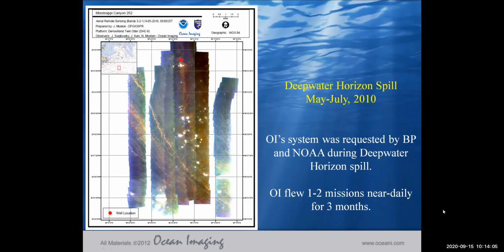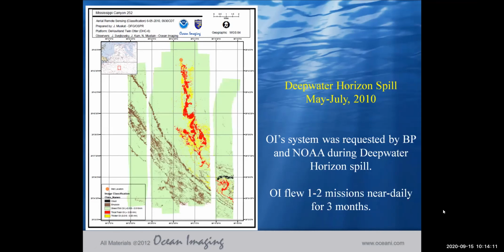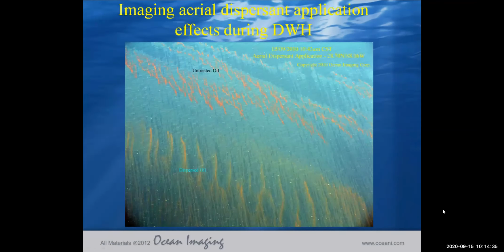The image on the left is essentially a true color type analysis, which we then also applied our algorithm to and distributed actual oil thickness maps, which was the first time that anyone has actually provided this during an oil spill. So very shortly after we started this, requests started coming in from the various factions of the command post to have us do various imaging missions. In one case, just a few days into our stay there,